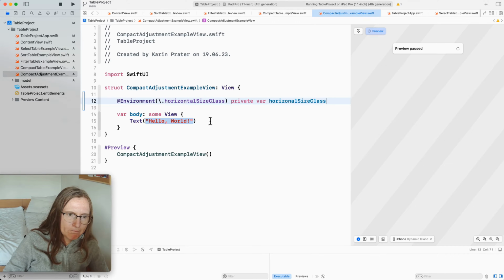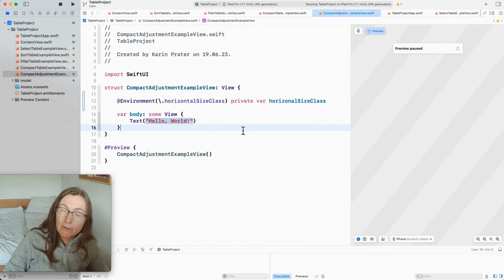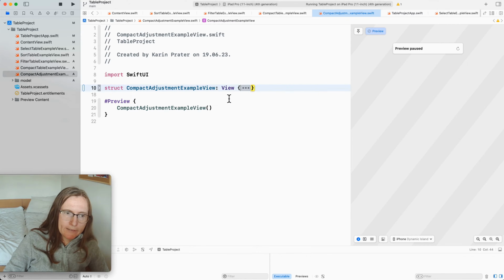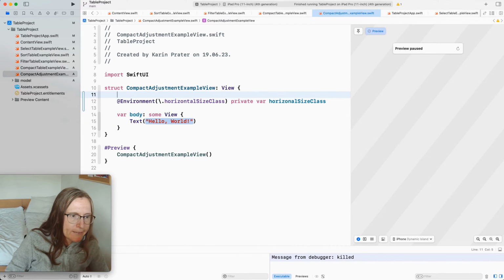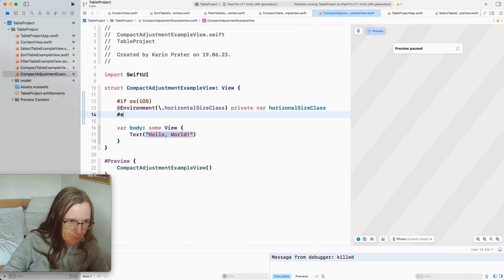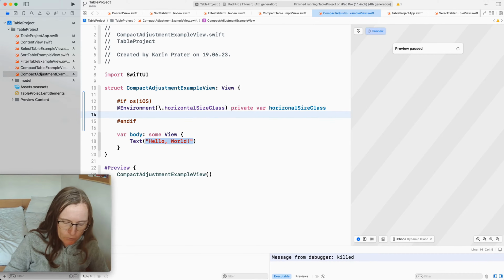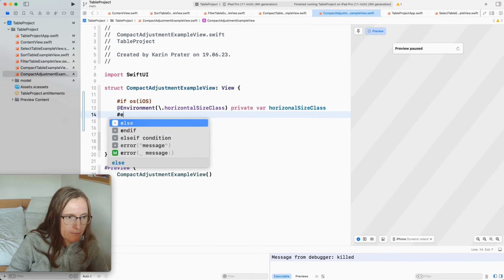The problem with this is that I can't use this property for macOS. They changed this, I think for macOS 14 you can now use this directly. For the lower versions you need to adjust. Because this is an environment property, I cannot easily write conditional code. So the trick is to start with #if os(iOS), then I have this property, #endif. Now I want to use it somewhere in my views, and on macOS we won't have this property. So the workaround is to add an else case